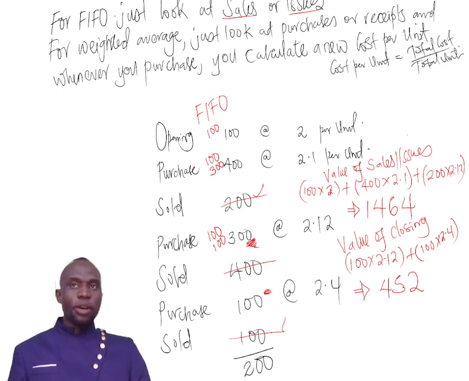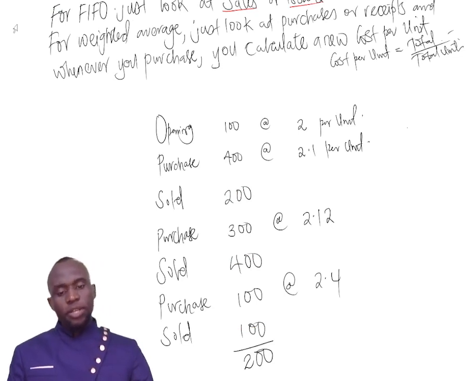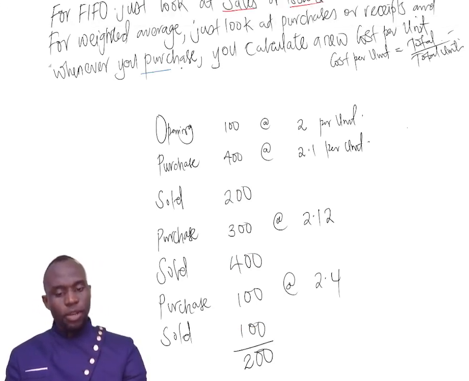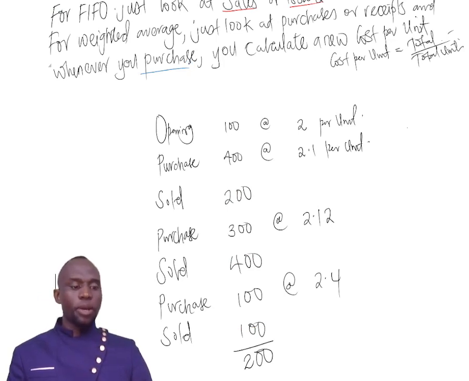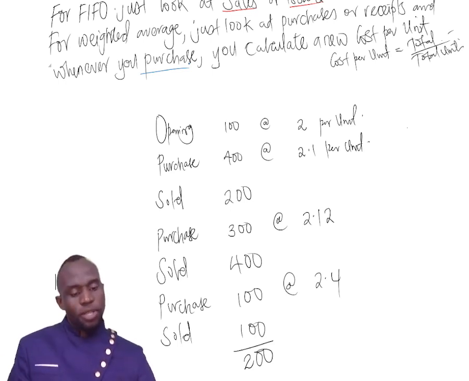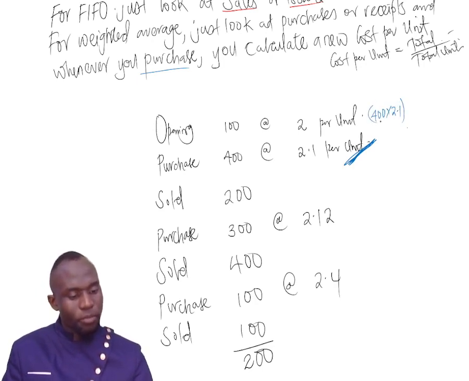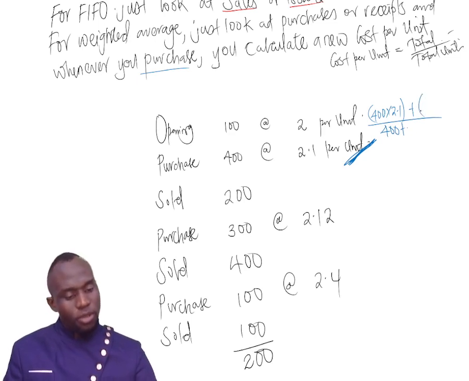Next, we are going to look at weighted average. So I'm going to clean off this and we do weighted average. So it is still copy paste of the question, but for weighted average, we said whenever you purchase inventory, you calculate a new cost per unit, and cost per unit is total cost divided by total units. So when are we receiving or purchasing first? At this point here. So what is cost per unit at this level? It would be 400 times 2.1 divided by 400 plus. So it is total cost divided by total units. So it is 100 times 2 divided by 100. And if we work out that, you should get